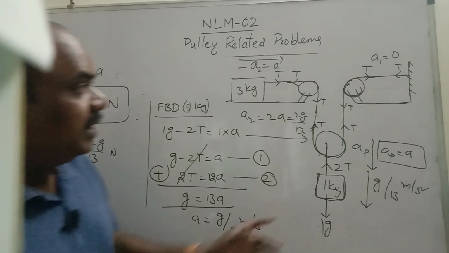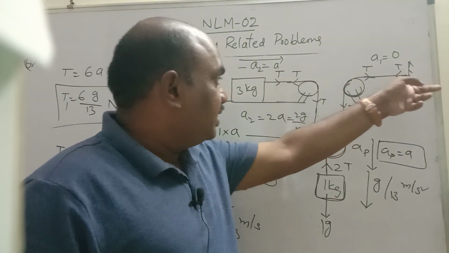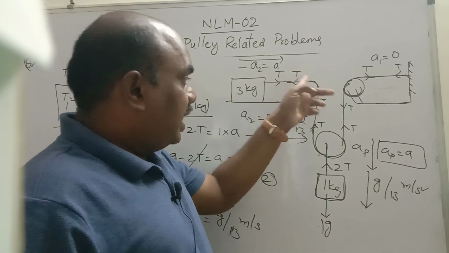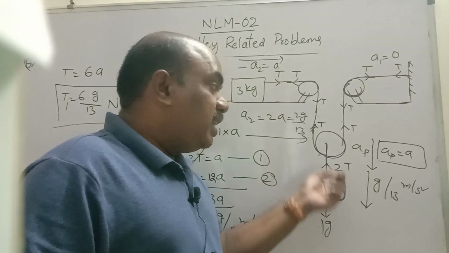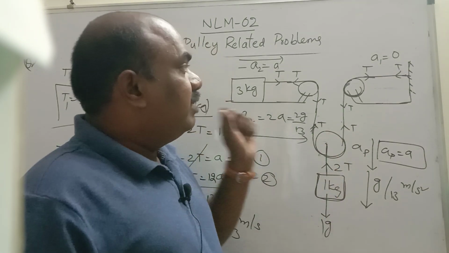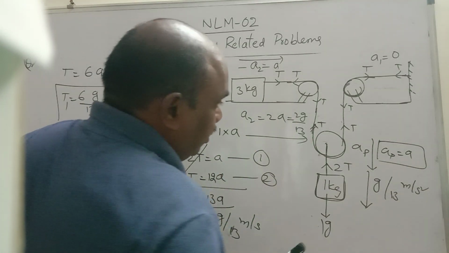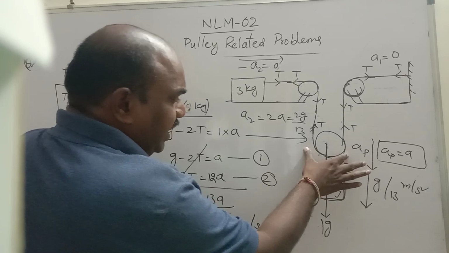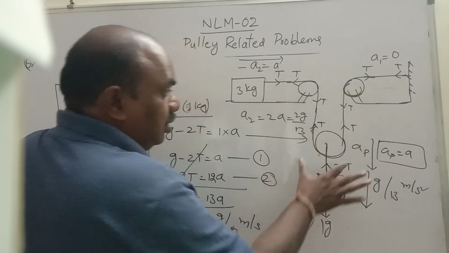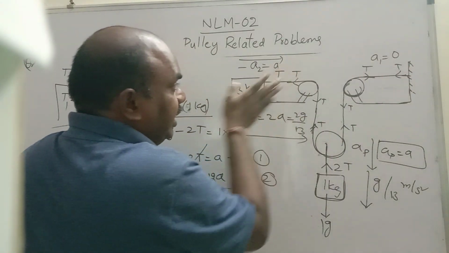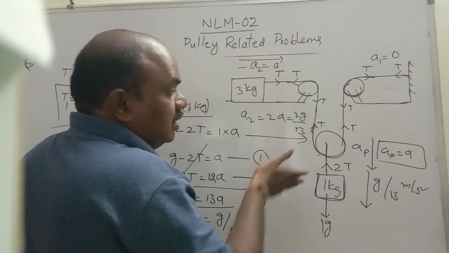Once again I am repeating. Two pulleys are fixed. One string is fixed here, another string is attached to the 3 kg, and these two strings are suspended over a movable pulley. And the 1 kg mass is suspended from the movable pulley. Now we have to find the tension and acceleration. A very simple phenomenon. First of all, find the acceleration of the pulley. We know that the acceleration of the pulley is equal to (a1 plus a2) by 2. A1 is 0, and A2 is coming downwards, so I am considering it as A downwards, A by 2.